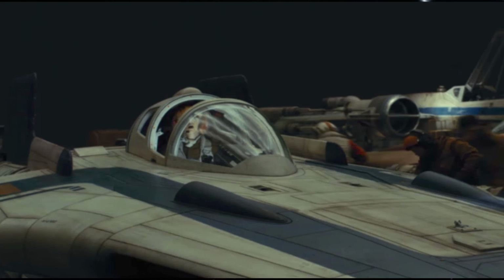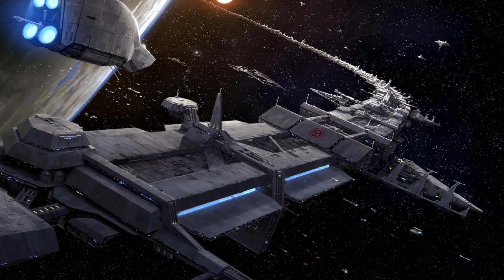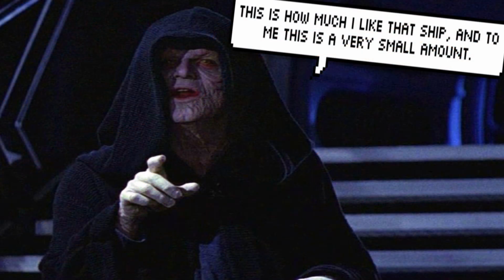What's up, meta nerds? This video is all about the RZ-2 A-Wing, also known as the Resistance A-Wing. It was manufactured by Kuat Drive, the company that had originally proposed the R-22 Spearhead prototype as a replacement for the Delta 7 Aether Sprite starfighter. Kuat was shocked when the Empire rejected this ship, and the batch was sold off for the planetary defense of